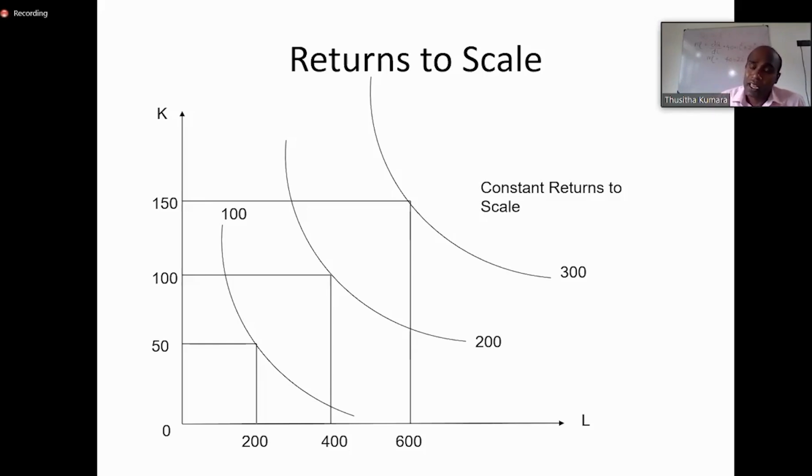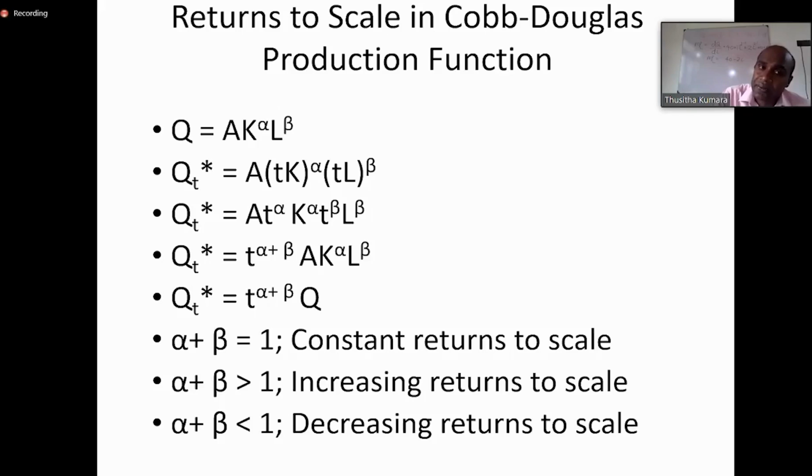Depending on the type of returns to scale, we will have a level of output which will directly affect the cost. In the long run production functions, we have the cost. Maybe next week we are going to discuss that. There we find that depending on these returns to scale, our cost structure also will be different. But I will be doing that next day. So before that, we need to calculate the returns to scale in the Cobb-Douglas production function, which we will be